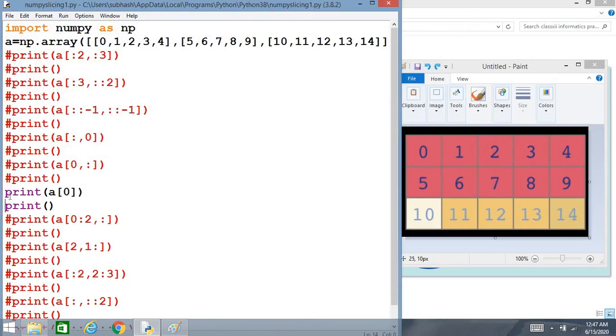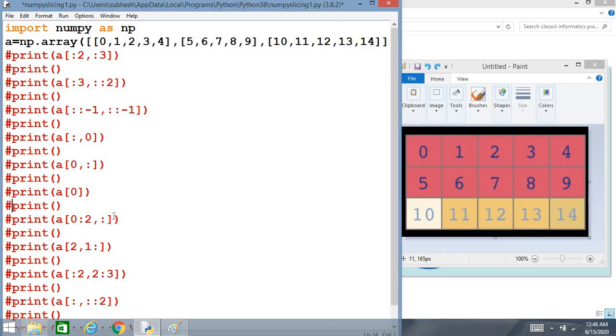Next one is print A of 0 colon 2. So what does it mean? It is start and stop value given for rows. So start value is 0, stop value is 2. So the 0th row is taken and the first row is taken. So these two rows have been taken. And what has to be done with these two rows?